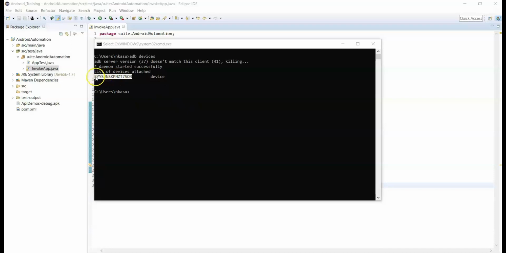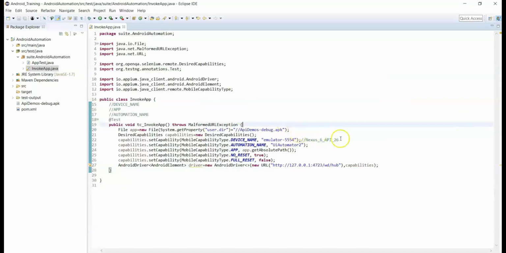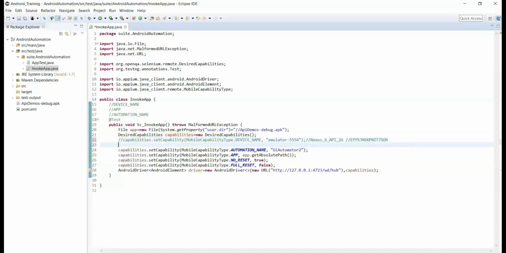Now copy this device ID and paste it here. So you can copy this capability information and comment it. Now in place of emulator-5554, you can replace the real device ID with this emulator name.